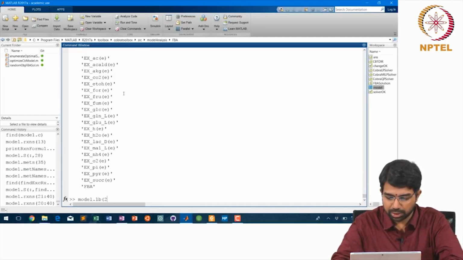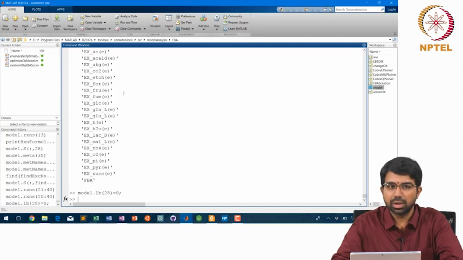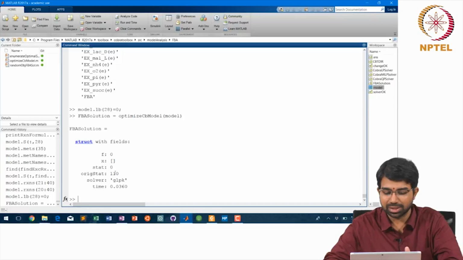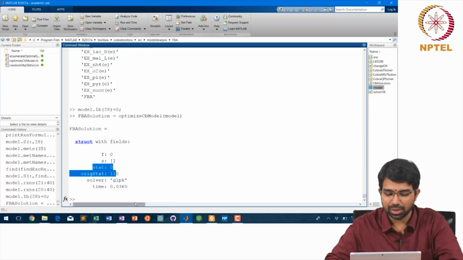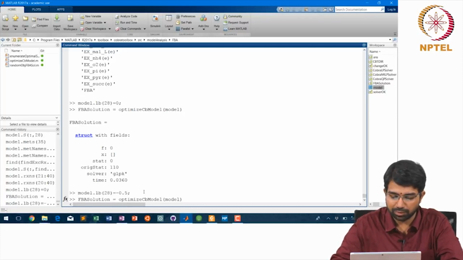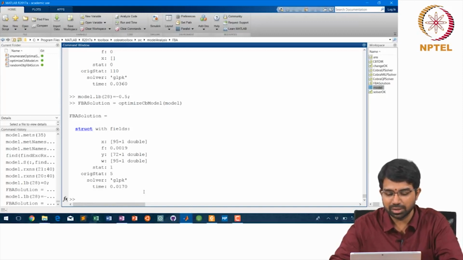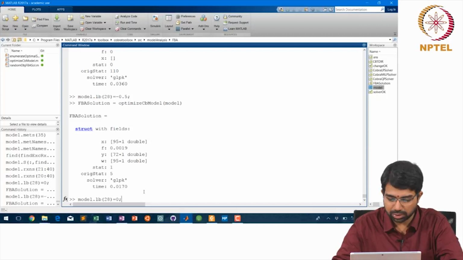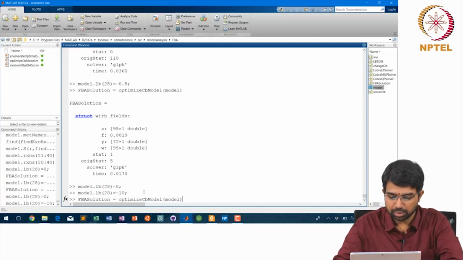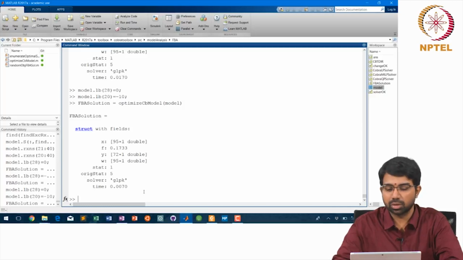So, we just say model.lb(28) = 0. This means there are no exchange fluxes now, and obviously you can check that the model does not grow. It's basically infeasible even, so your status itself is 0. There is no glucose, so it does not grow. If you make it a very small amount of glucose, you will find some very slow growth, but let us remove glucose and add acetate, and so we find that the growth is 0.1733, whereas the growth on glucose was